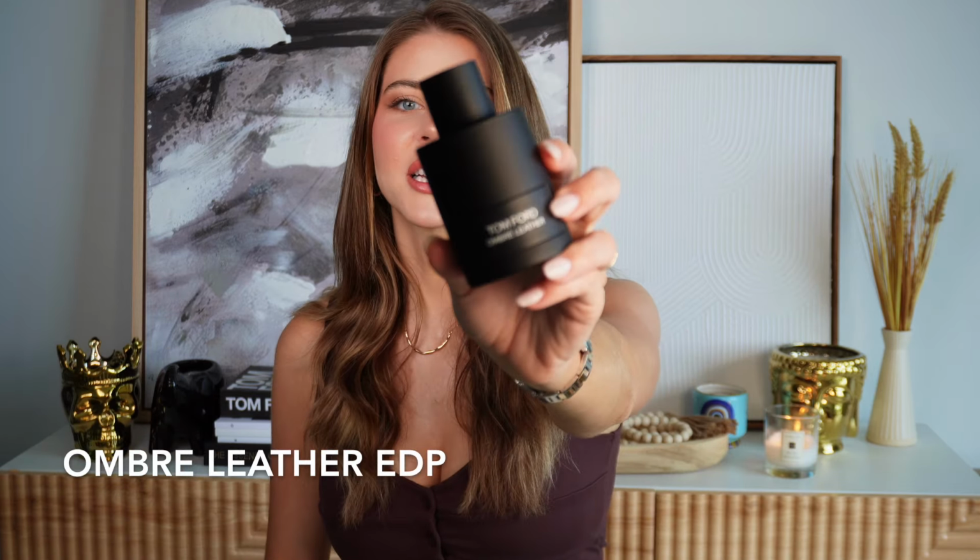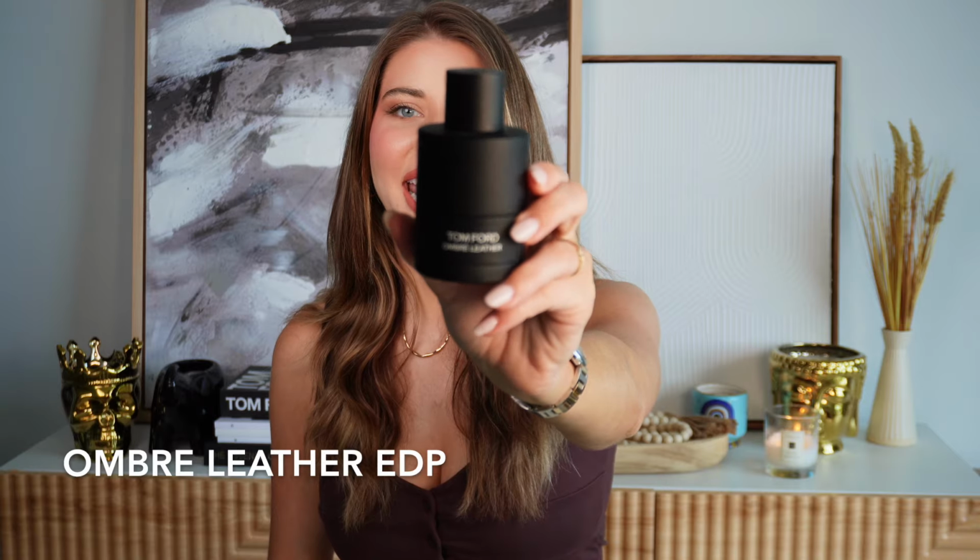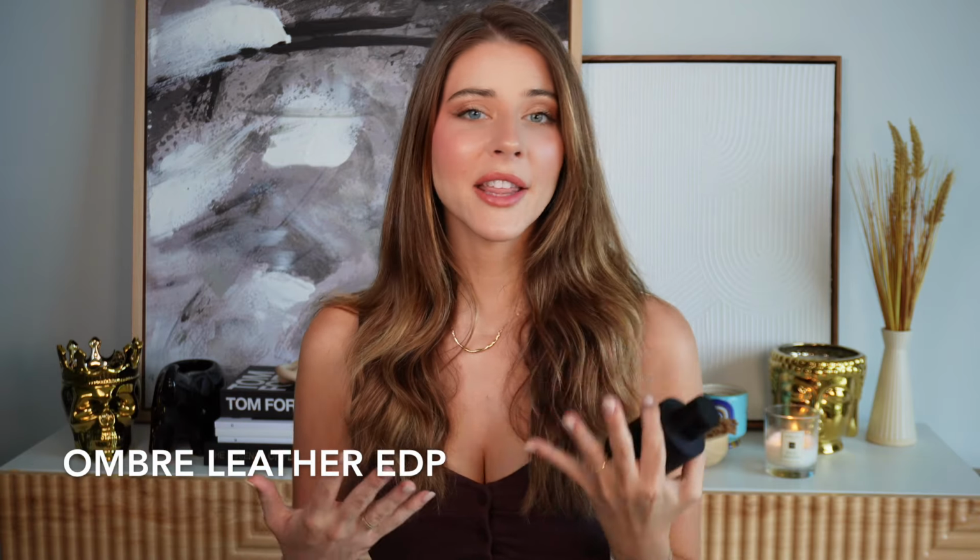So we got the first Ombré Leather as part of the signature collection back in 2018. It is a true heartthrob from Tom Ford. Really popular and very nice. It's really this kind of straightforward leather white floral fragrance with a very slight kind of animalic undertone, which I want to say,